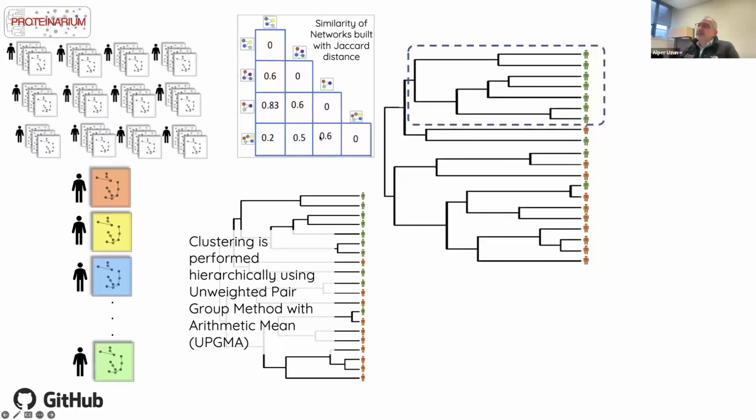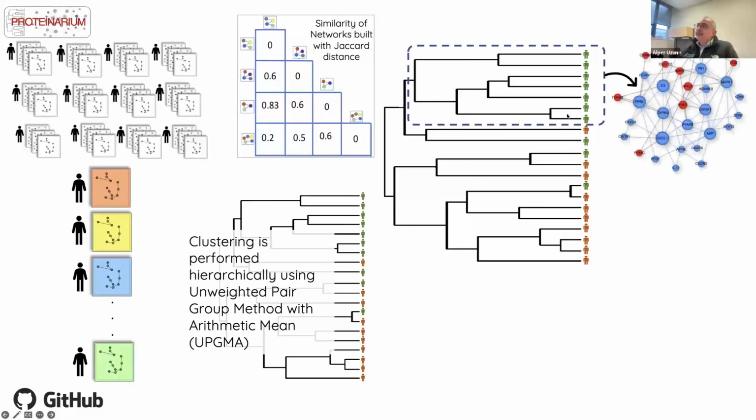And then the next step, after this clustering, is that you can visualize the representative network for each group of patients, or if you're interested, you can even visualize those patients individually. Let's say now you are interested in this specific branch. What is the network behind this group of patients? This may be a group of patients for a specific phenotype. This may be a group of patients in a case control study, whatever it is.